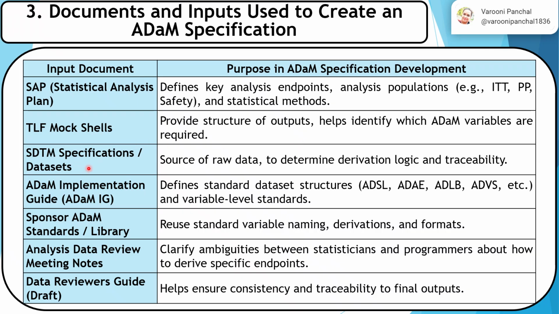Now the SDTM specifications and datasets, they are the source of raw data and it helps to determine derivation logic and traceability. Now imagine one thing, there is first raw data which is a source. The second is your SDTM specs, and based on those SDTM specs you convert into SDTM datasets. Then those SDTM specs become the source for generating the ADaM specifications in detail, which helps in generating the analysis ready datasets, which is the ADaM dataset. So generally this is how the